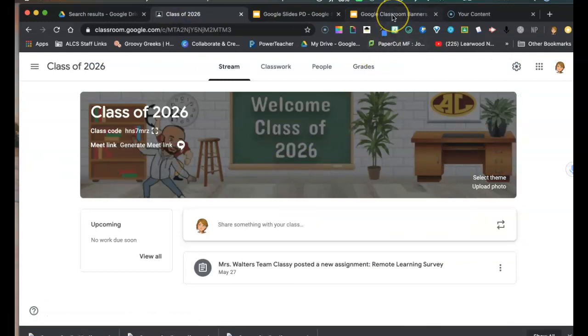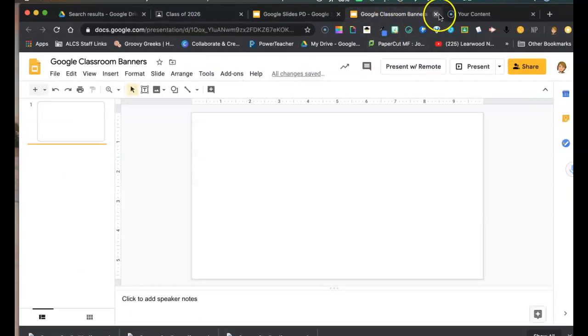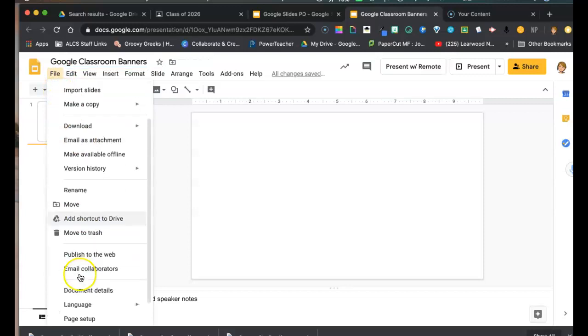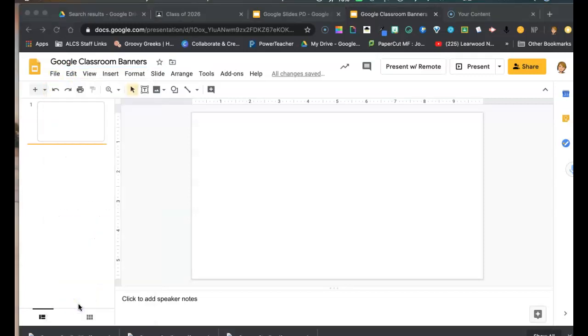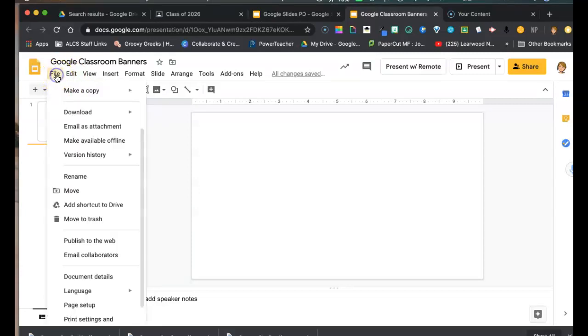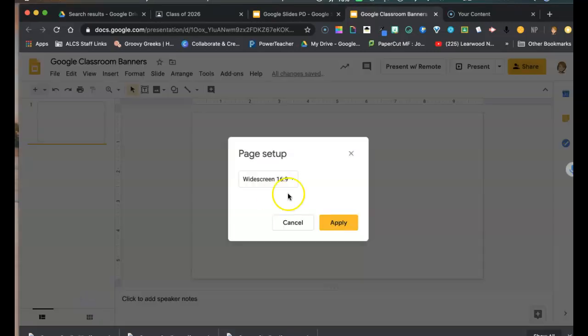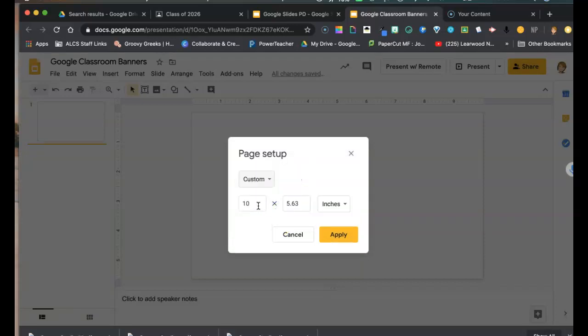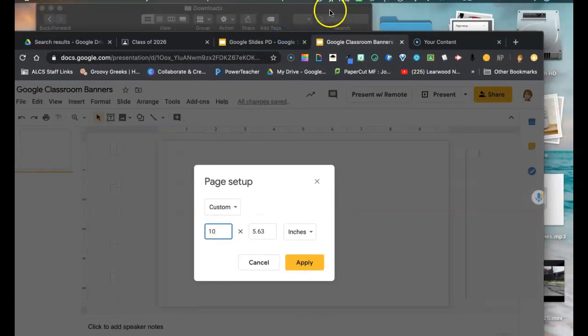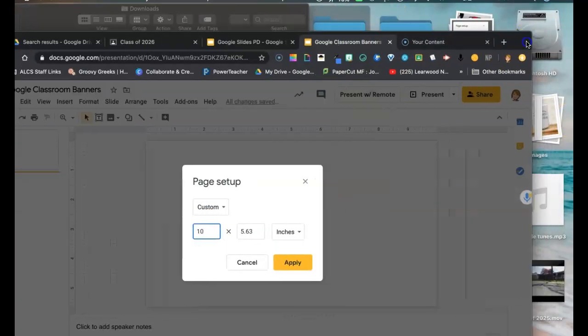Okay, so the first thing that you would need to do is open up Google Slides and name it whatever you want to name it. And then you are going to do File, and you need to change the size. It's taking a minute. File, page setup. Okay. You need to go to Custom, and the size that you want to change it to, which I always forget, but I took a screenshot of the size that I want,